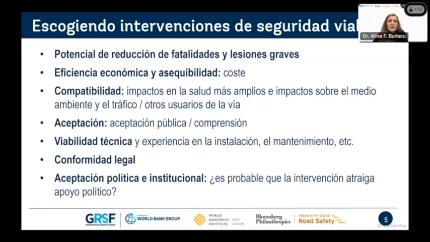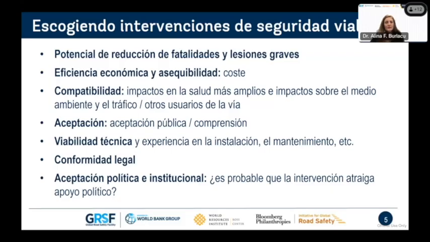In many countries we've worked at, there is always this pushback. For example, for a new intervention that we know has been used in many countries and has given a good impact, a good result, whenever we try to implement a suggested one, like raised pedestrian crossings, for which in many countries maybe there is no national standard on how to design and build a raised pedestrian crossing. So that's something that needs to go through, again, political acceptation, but also an institutional perspective.